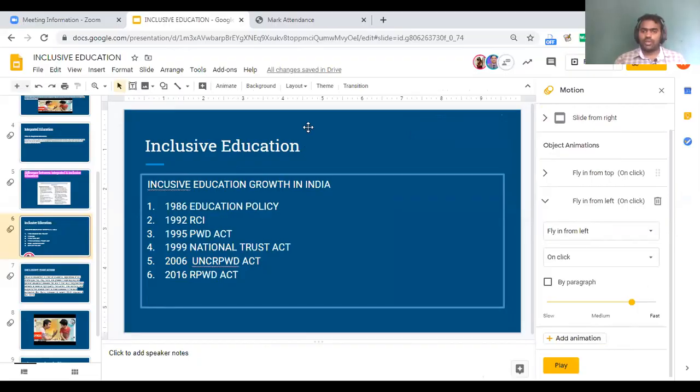Now suppose you need to present before a group like your audience, you don't even need to download it. There is an option for presenting from Google Slides itself. The advantage is that you make everything there. Suppose you don't have a laptop at home, you can prepare everything in Google Slides.